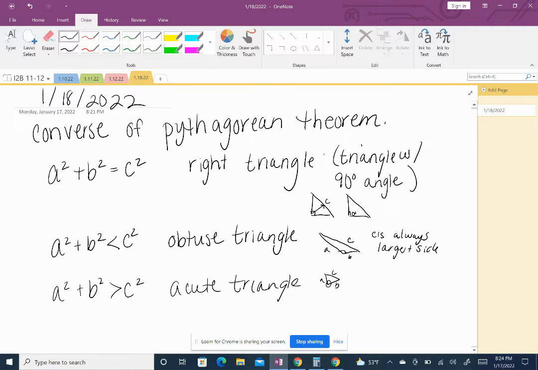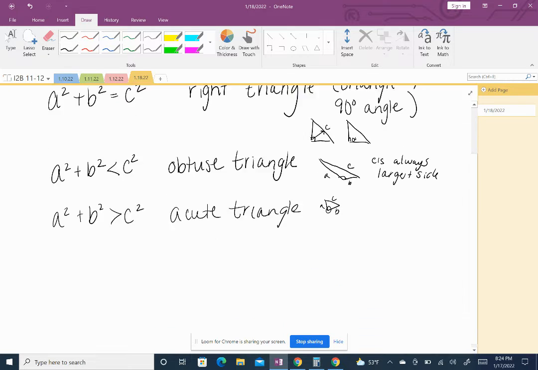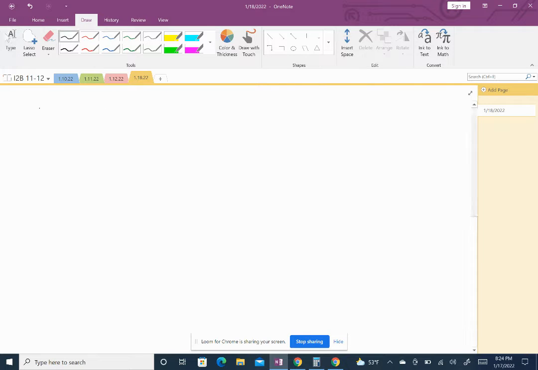Okay, so let's apply this to a problem. So let's say you see a triangle. We know it's possible because 6 plus 8 is bigger than 10, and the longest side plus the other sides will be longer. Okay, so we want to have our two smaller sides, so 6 squared plus 8 squared, and it's going to be something. We don't know if it's going to be greater than, equal, so I'm going to put a little box, to